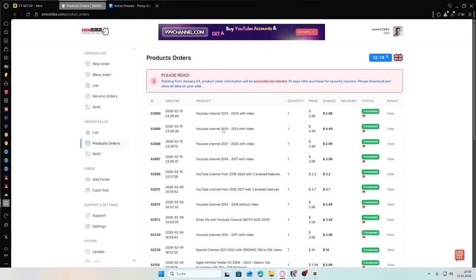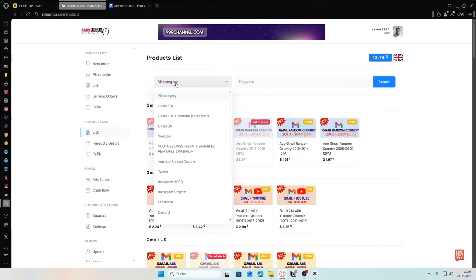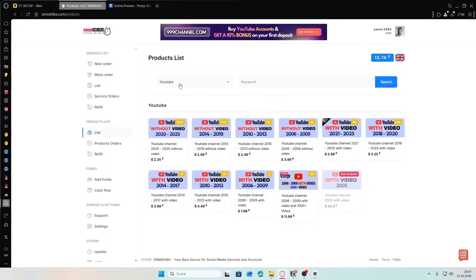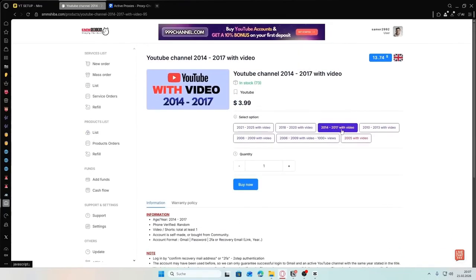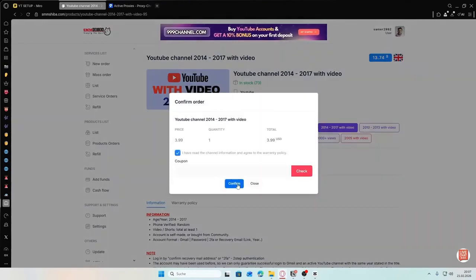All right, so I'm currently at my dashboard on smmshiba.com, and do not get confused by the website names. SMM and SMM Shiba are actually the same website. So all you have to do once you've created yourself an account here is to go on list, click on this category icon, select, and here you want to select something, basically any option that says from with video. So I'm going to choose this one right here, and this should be already fine. Now I'm going to click on buy, confirm,